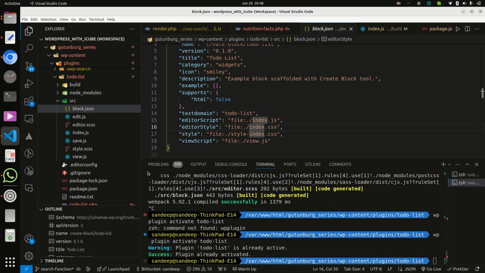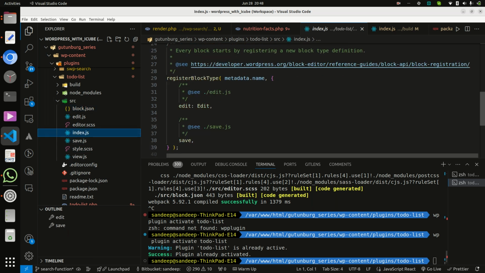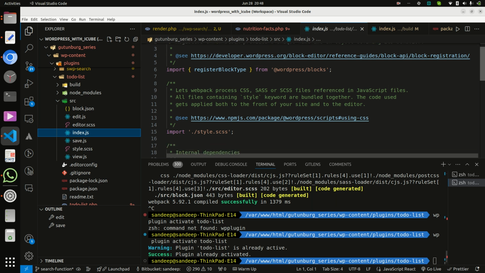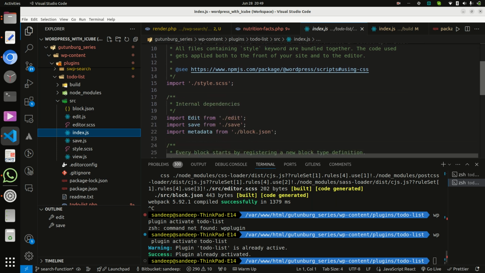Okay, now I am explaining that index.js is the main file here, and if you know something about React.js, it has the same structure as React, like importing registerBlockType from the WordPress blocks package. The basic structure is importing from other files or folders.